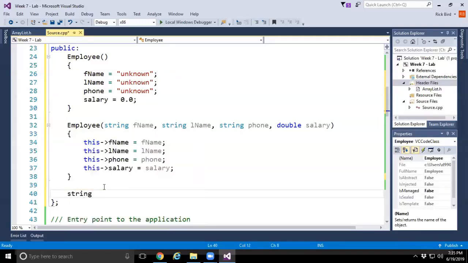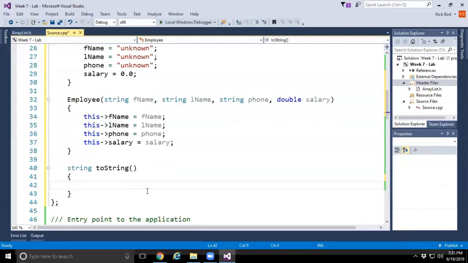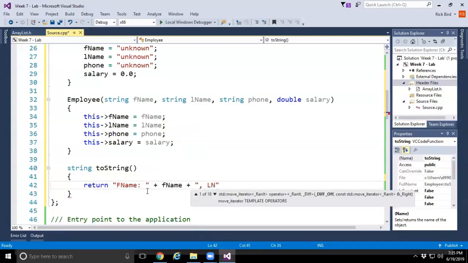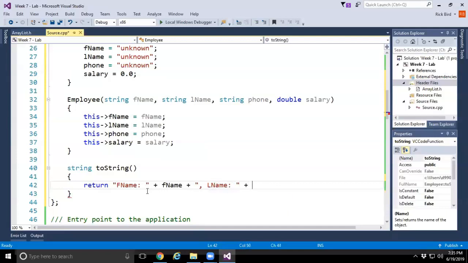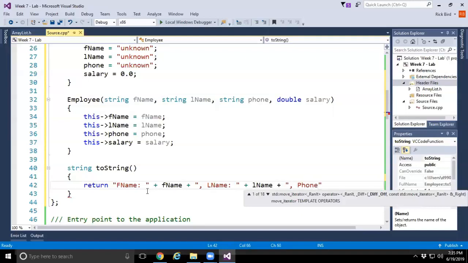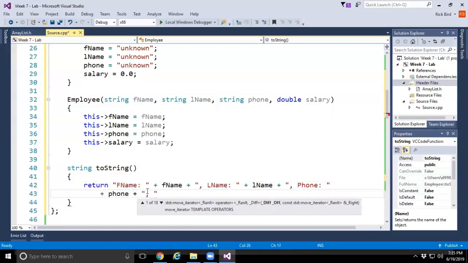All right, let's do our toString. So I'm going to do a toString method, just because I don't want to do getters and setters. So it's going to return fname concatenated with the value of fname, concatenated with comma spacebar lname, concatenated with whatever's in the lname variable, concatenated with comma spacebar phone colon. I'm going to drop down to the next line, and now we can concatenate that with whatever's in the phone variable, and now we can concatenate that with the comma spacebar salary,